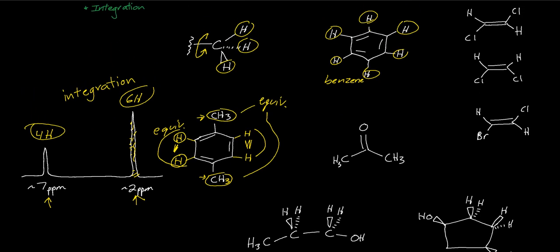More examples of equivalence. These two methyl groups are equivalent. So the 6 hydrogens are equivalent to each other. The carbons are equivalent to each other. We can do carbon NMR as well. And that's easy to see the symmetry there. The 3 examples over here on the right,